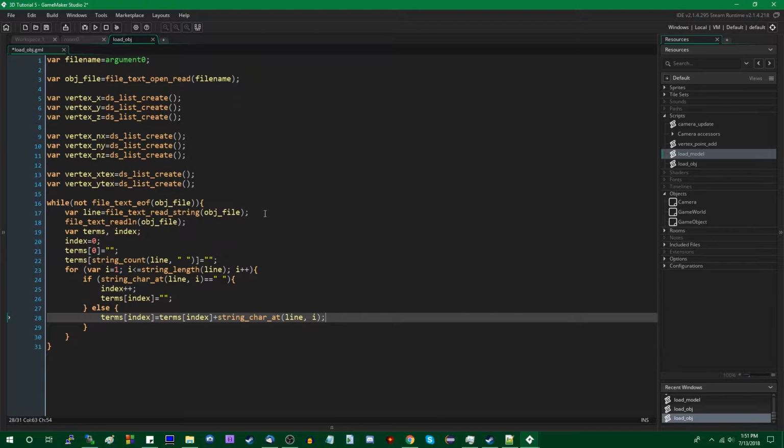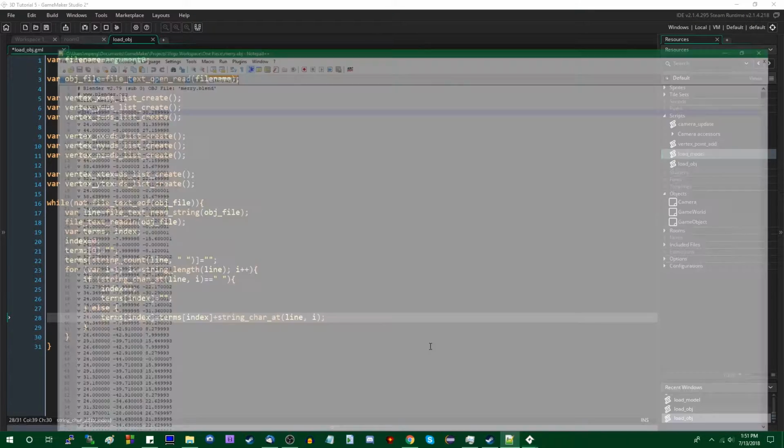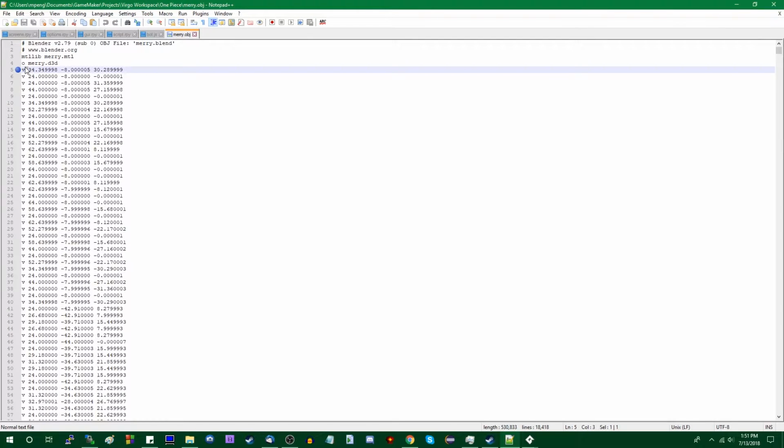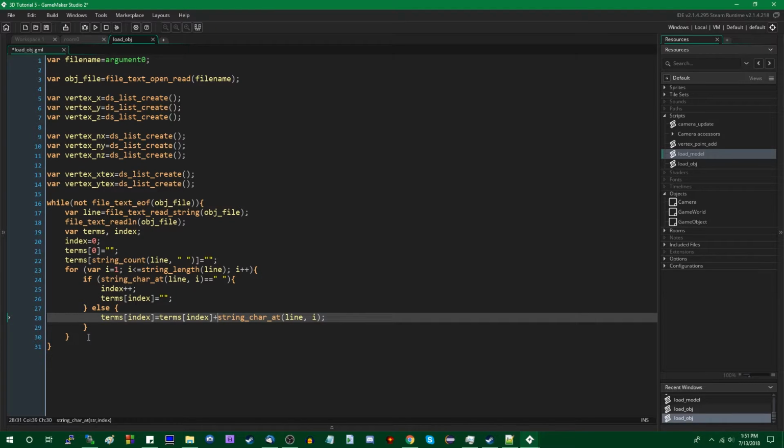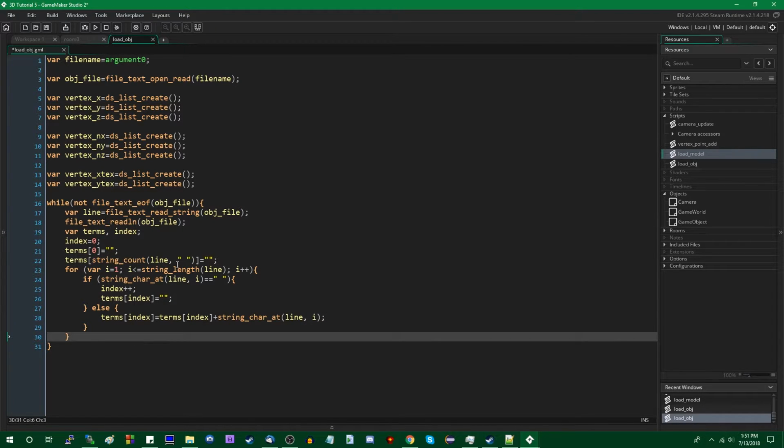And this is going to simply look through each character in the line. If it hits a space, go to the next index in the terms array. If it doesn't hit a space, then save the contents of the term. All right, so now that we have this array populated, we can switch it.